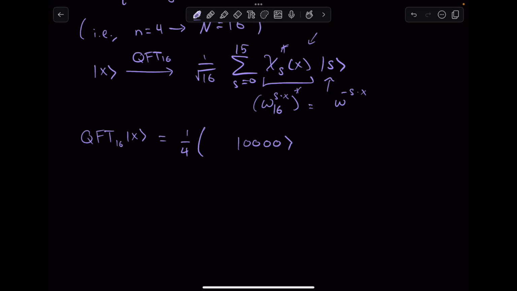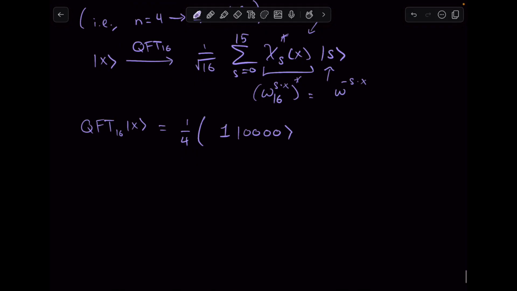And we're going to have the 16th root of unity to the power of 0 times x conjugated, which is just 0, which is just 1. And then continuing this and using our formula, we're going to have for the second computational basis state,